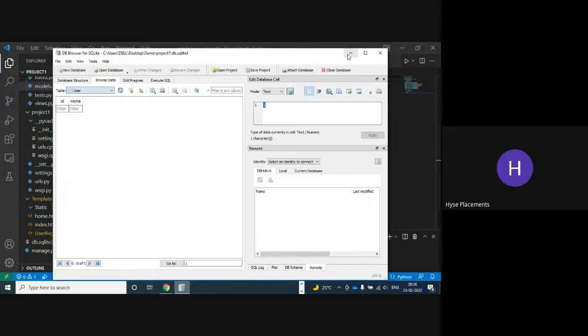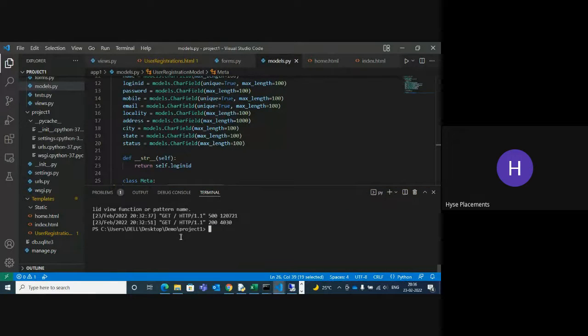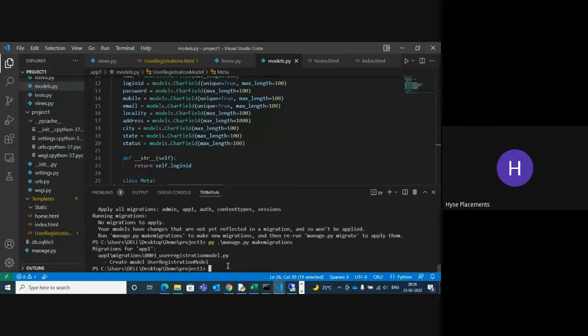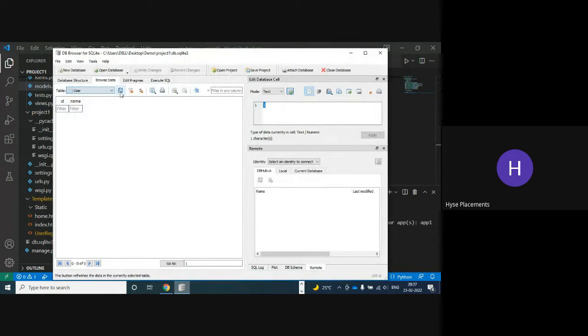Okay, you can see your database anytime. Before you make migrations, you can apply migrate. First of all apply migrate, and after that apply the migrations. And next, run your server again and check your database. In your database your fields are different. I can refresh now. User register, where is it? It's not coming. Auth group, user, it's not coming.